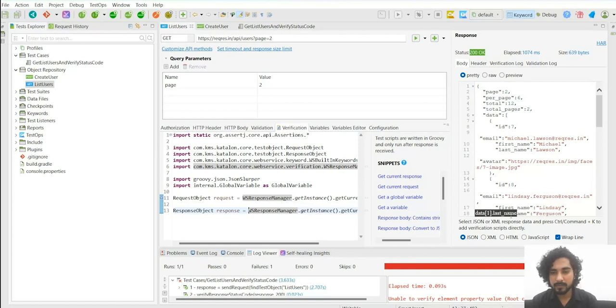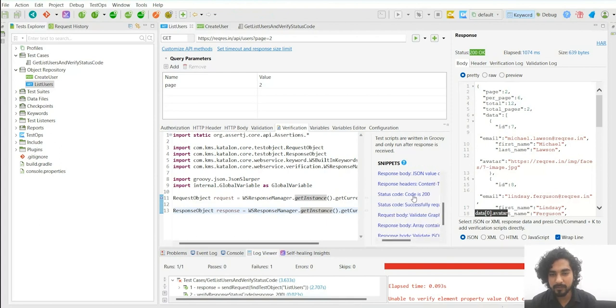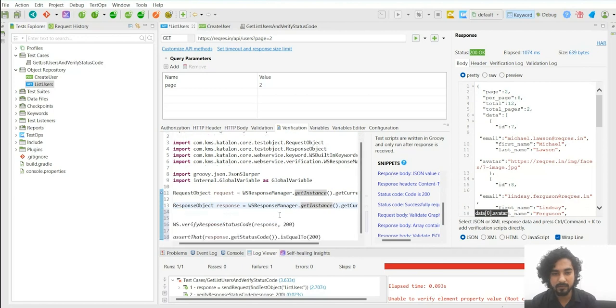And there is another feature of Katalon that you can automatically add verifications into Katalon Studio. You can utilize these snippets, and let's say if I want to verify the status code, it is giving me the snippet to check whether the status code is 200 or not. So I can put it directly over here